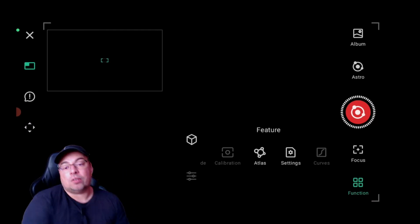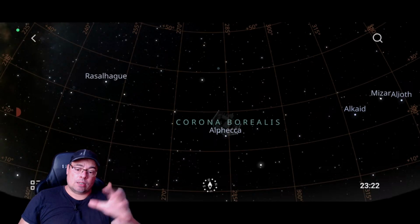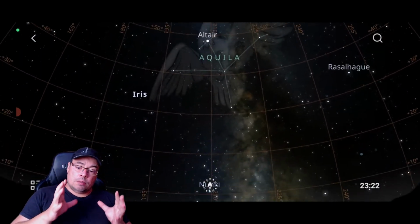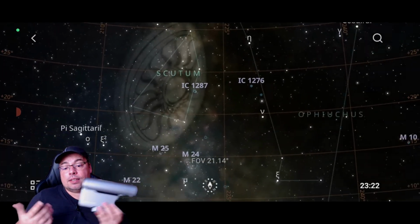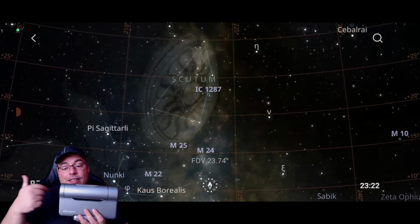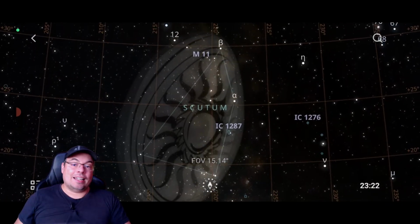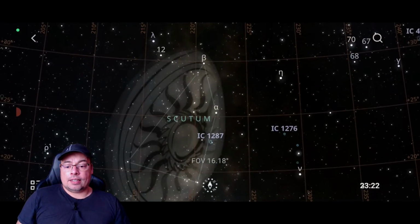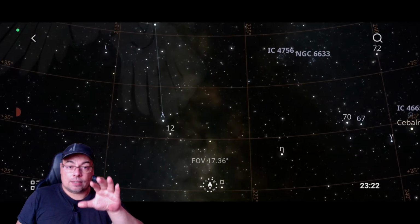Yes, I'm on the equatorial mode. All these tests, all these live stacks were made in equatorial mode. We have also an EQ mode feature on the Dwarf 3. However, it was available, I believe, the next day after doing the test. I got a new update, and I could have used it, but I didn't have it on the night of the testing. So to be sure I can test accurately the Dwarf 3, I used the Star Adventurer 2i for